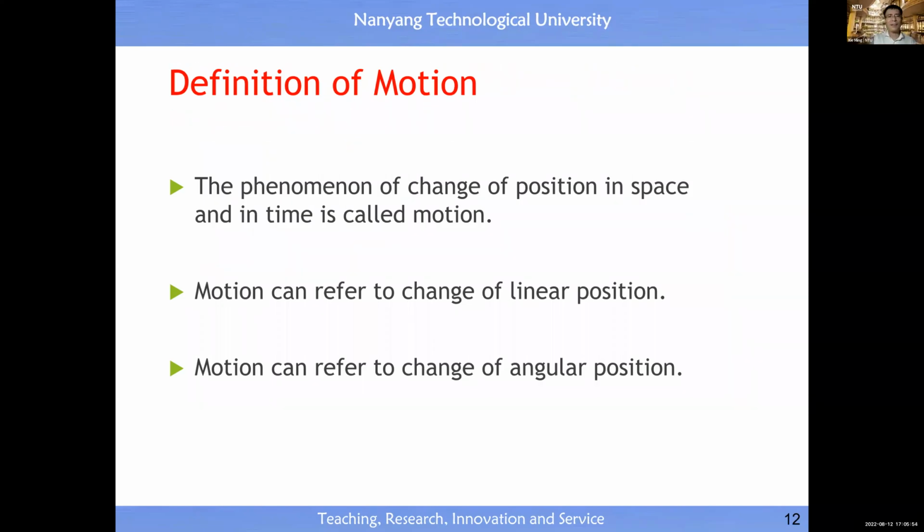So then what is motion in space? Basically, it is the change rate of a position, all right? So then motion may refer to linear motion or angular motion. Basically, these are the two basic types of motion. If you combine these two together, you may see circular motion, right? That is a combination of angular motion and linear motion, etc.